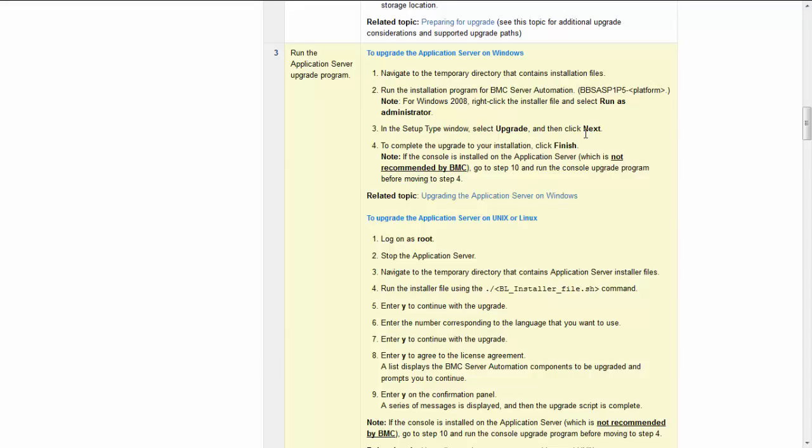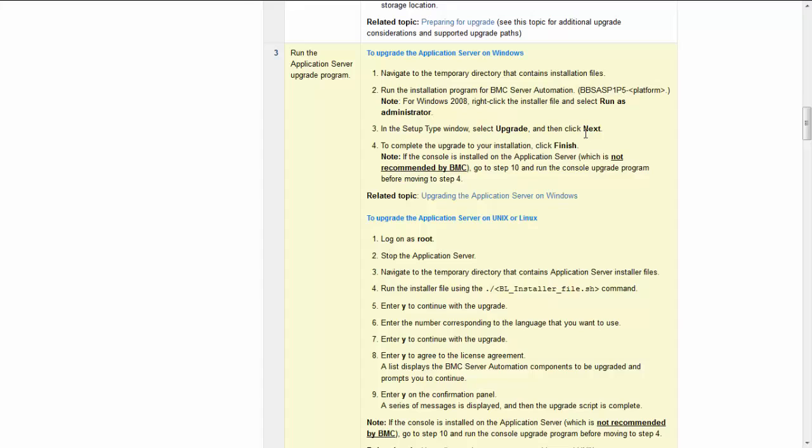On Linux or Unix, this involves logging into the AppServer as root and running the installer sh script. On Windows, it involves running the installer executable as an admin user. In a multi-app server environment, we will choose just one of the app servers to upgrade initially and upgrade the rest later in the process after we have ensured that everything has gone well with the first app server and